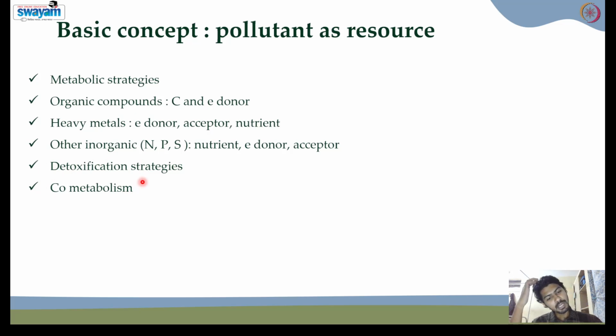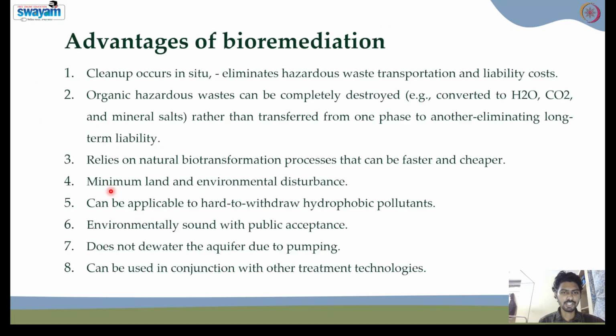That is, the microbe degrades this pollutant while eating some other organic compound. For example, bacteria can digest methane, but simultaneously they can also degrade pollutants or pesticides in the soil. So these are some of the co-metabolism strategies that microorganisms use, with the pollutant as a valuable resource. These are the different strategies microorganisms undergo in order to progress the bioremediation.